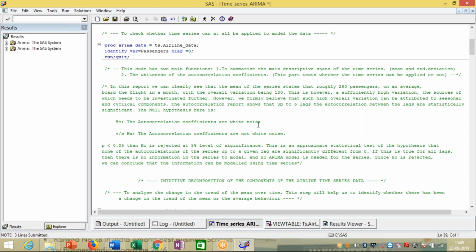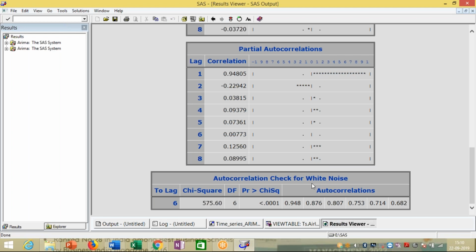So basically, how do we reach our decision of statistical significance? What you can see over here is that if P is less than 0.05, then H0 is rejected at the 5% level of significance. If you have a look at the result, you will see that the p-value is actually very small. So if I consider this autocorrelation to be statistically significant, my chance of committing a type 1 error is very small, and hence the lag